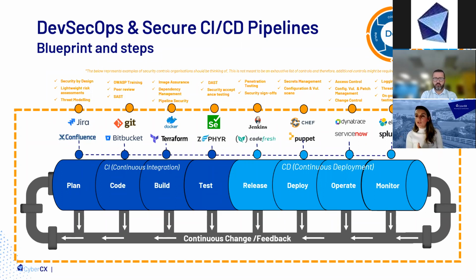But when we talk about the security of the pipeline, which is effectively the pipeline itself, it means making sure that all those tools that you are seeing on the screen are configured and implemented in a proper way, that we understand the trust relationships between them, that we have logging and monitoring, that we have change control. Those things are often a bit overlooked.